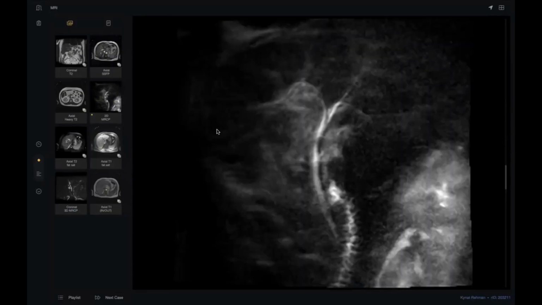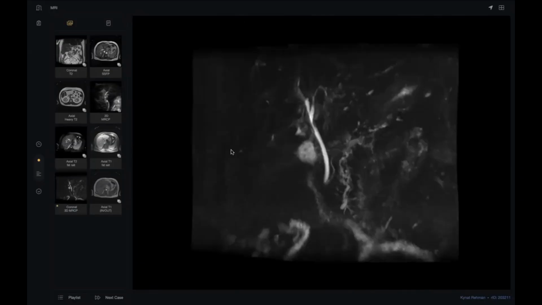Sir, on the MRCP, I could appreciate multiple areas of narrowing, maybe at the junction of the right and left hepatic ducts, and in the main CBD I could also appreciate a few filling defects. I would like to confirm if they're artifactual or tiny calculi noted within the distal CBD. There is no abrupt